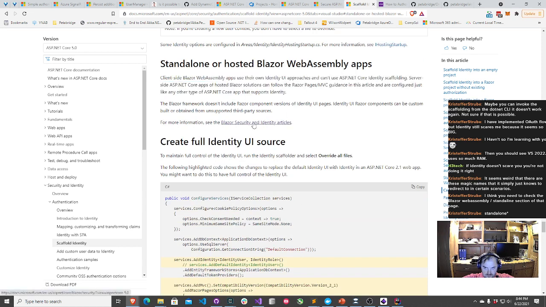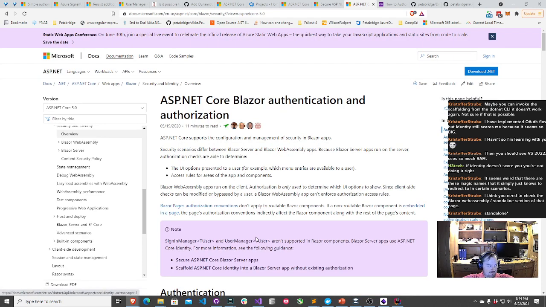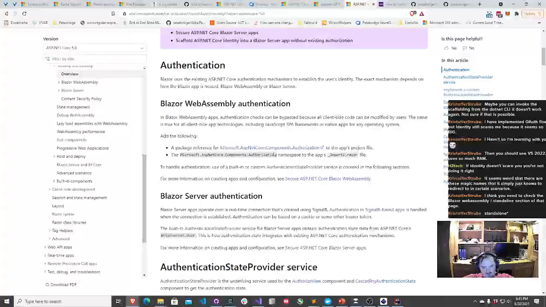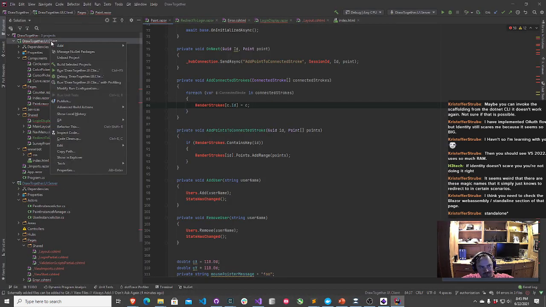Okay, let's take a look at this. Authentication, Blazor WebAssembly authentication. Add a package reference to this. Okay. Do I have a reference to this?